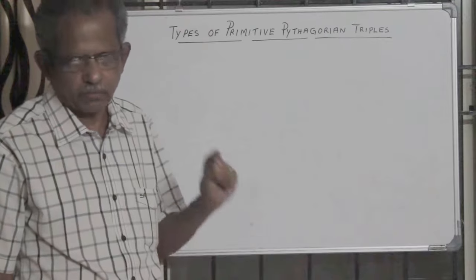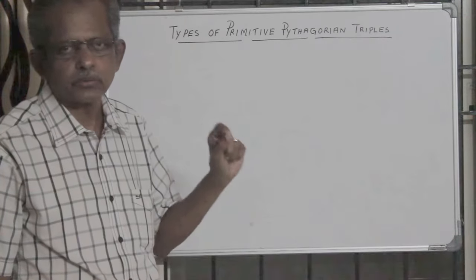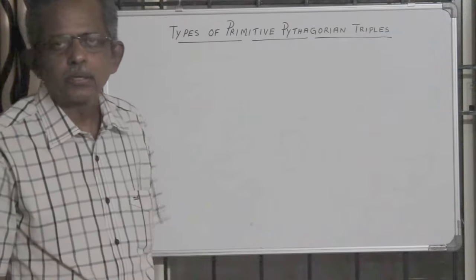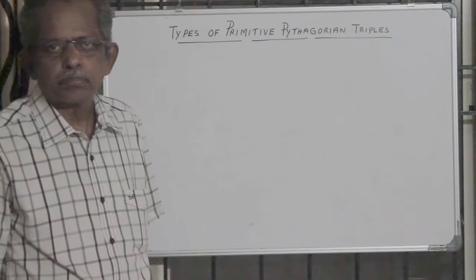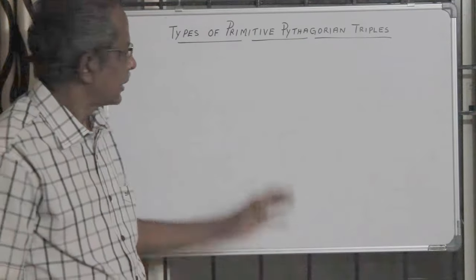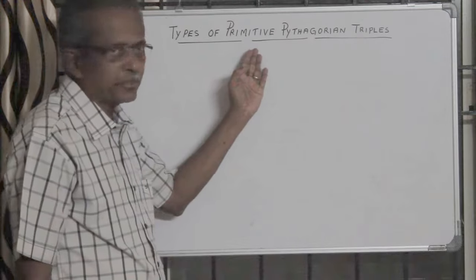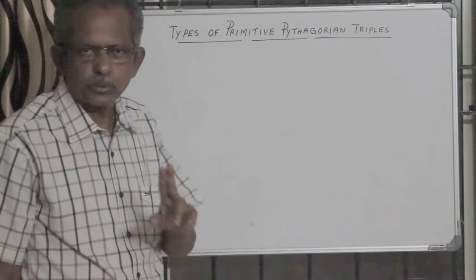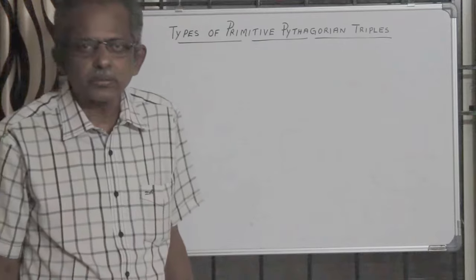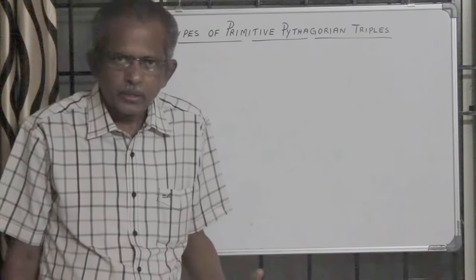I explained one method to find them. In this episode, on the types of Pythagorean triples, there are only two types according to the differences between the